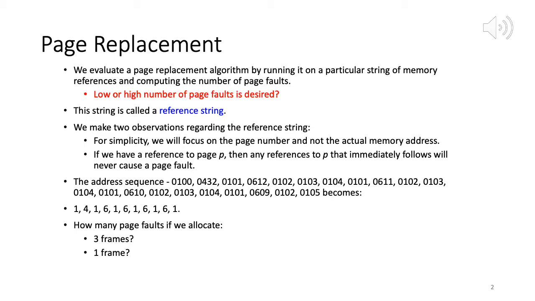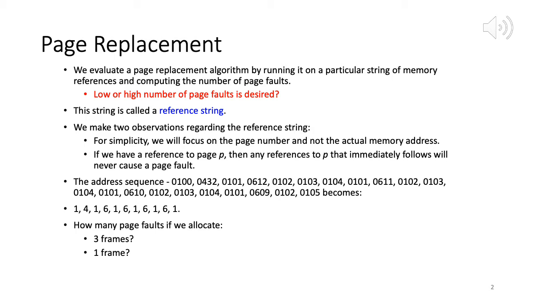0 to 99 correspond to page 0. Okay. And similarly 200 to 299 virtual addresses correspond to page 2. So like that, 100 corresponds to page 1, 432 corresponds to page 4, 609 corresponds to page 6, 105 corresponds to page 1, and so on. So that's how we do some compaction. The other observation is, if we have a reference to page P, then any reference to P